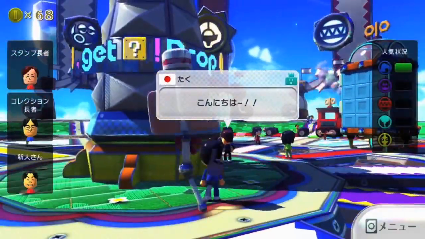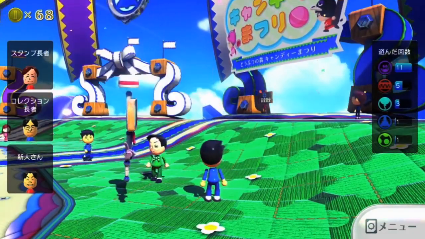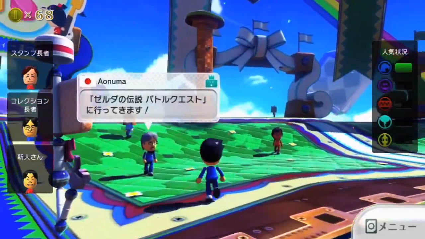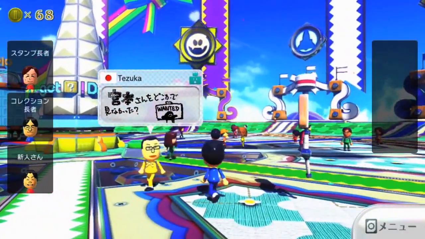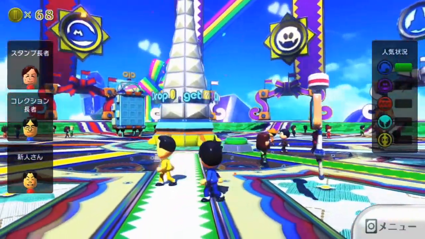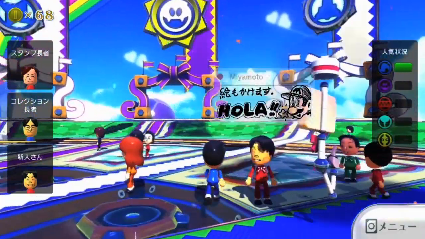What you see here was all prepared by the development team just for this video. But after Nintendo Land is released, people from different countries will be communicating with each other in various languages in this lively place. Even if you don't know any other language, hand-drawn messages serve as a universal language to communicate with others. One of the other features Mr. Iwata talked about was the web browser,